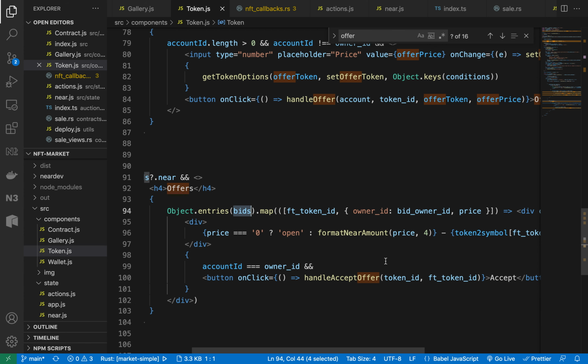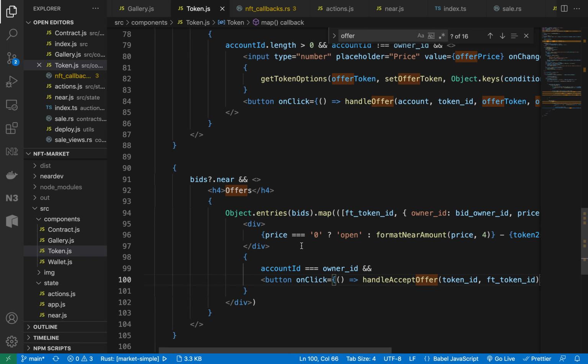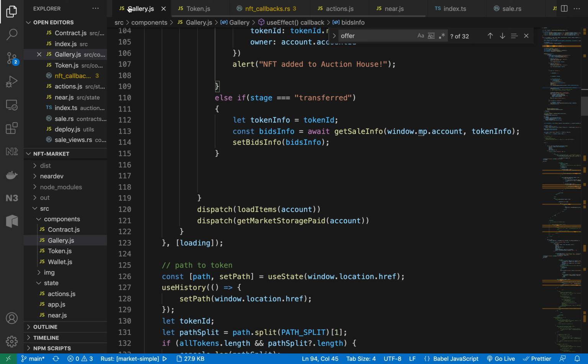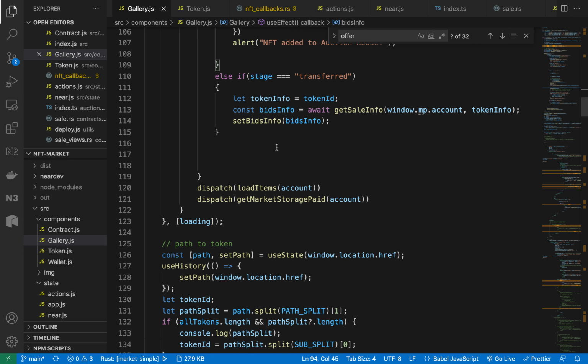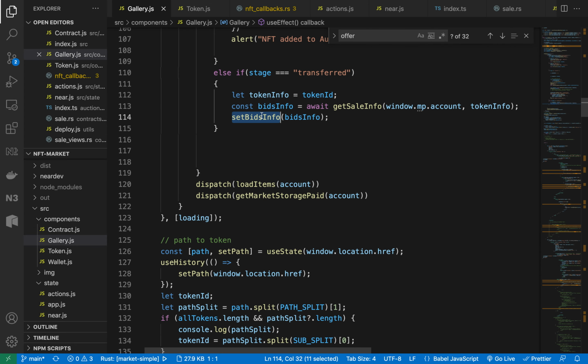Now there are two ways to finalize this. Okay, that is coming back to the minter again, right? That is they can handle that, they can accept a particular offer, right? And they can finalize the sale. Or there is one more way. So here you can see the bids.